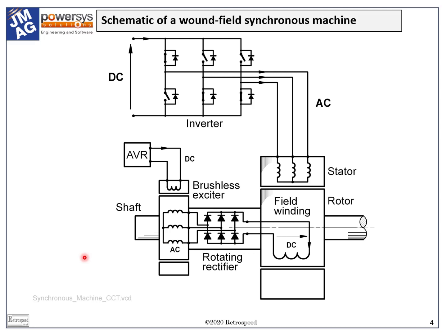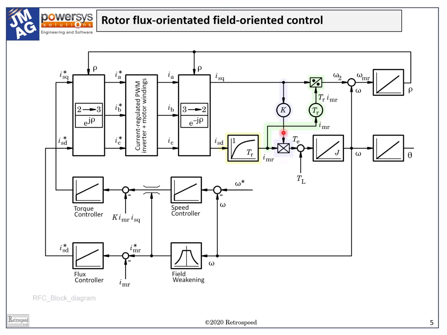So here is the germ of the idea of a mathematical transformation or mapping in which we start with the actual voltages and currents at the terminals, and in effect, by a transformation process, substitute these variables by a set of variables which are somehow locked to the rotating flux and therefore remain constant, at least in the steady state. That is exactly what we can see in a field-oriented control diagram like this one with ISD and ISQ.